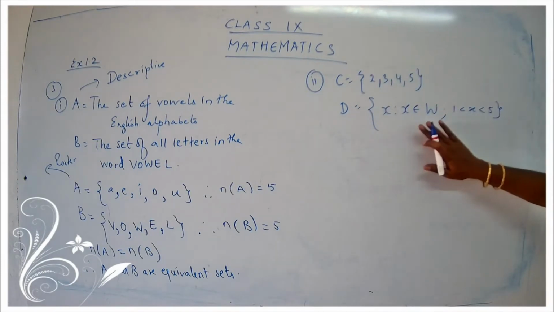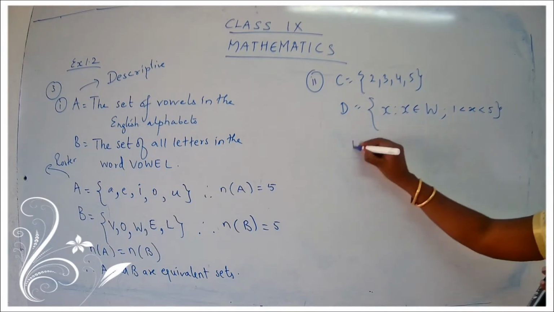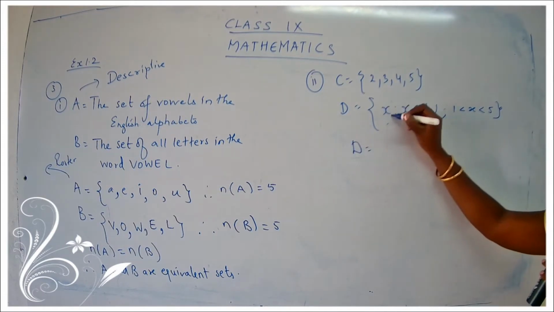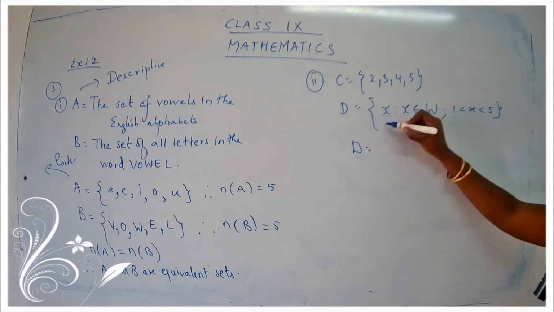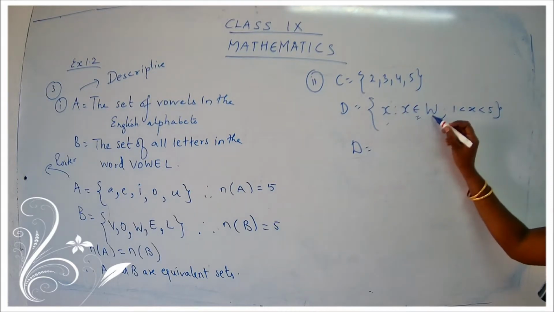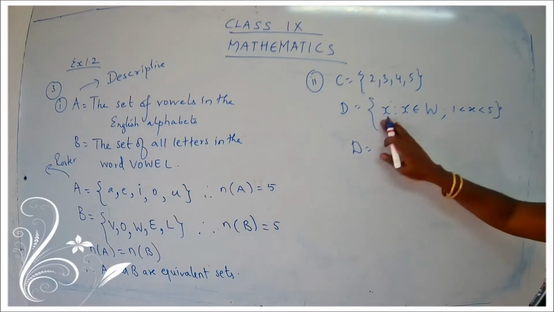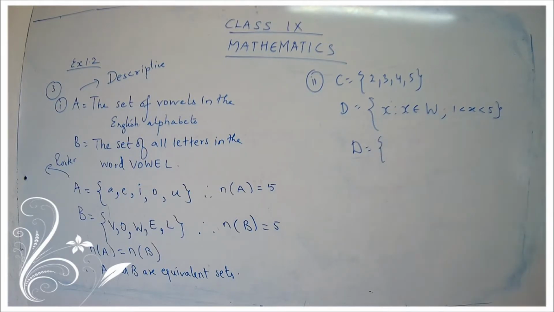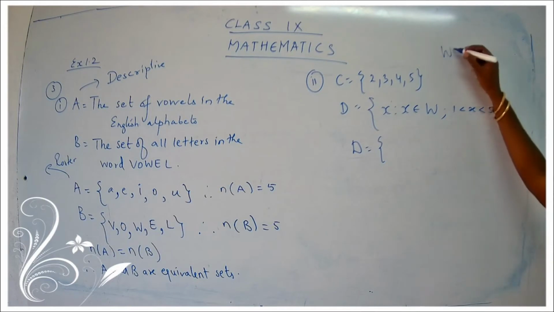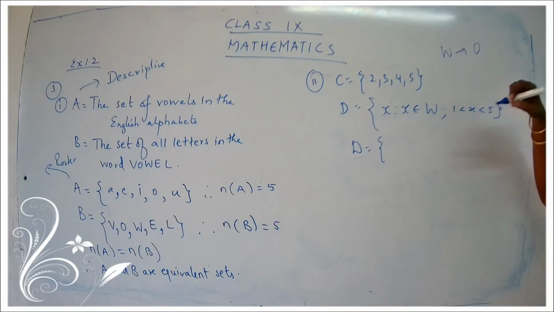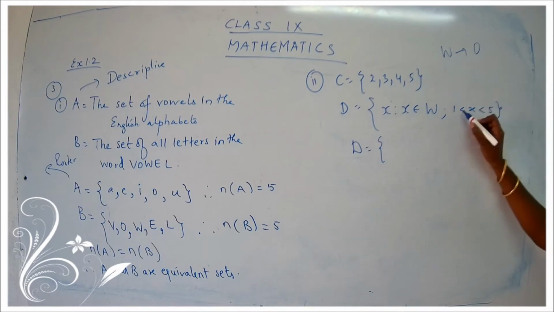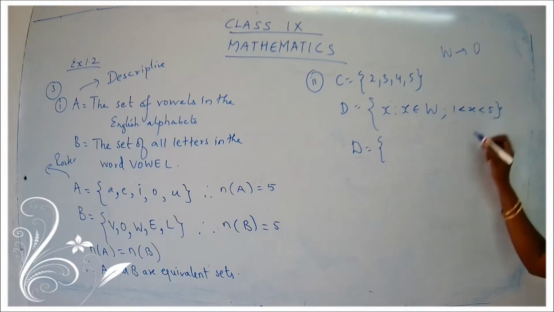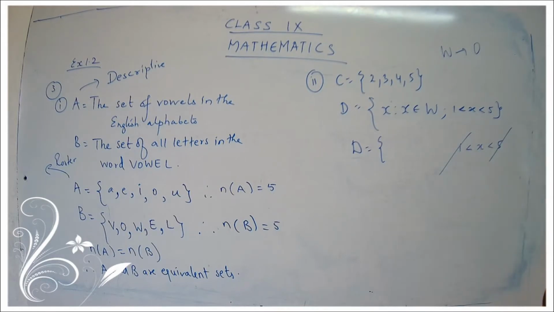Now let's find out the value for D. I have to find out D. Okay, now what is D? D is belonging to W. What is the meaning of W, children? It means whole numbers, that means the number starts from 0. Okay. Now, x is lying between 1 and 5. I have told you about the sign, children. This sign means, if 1 < x < 5, you should not take the values 1 and 5.